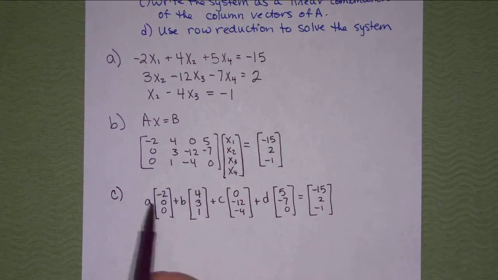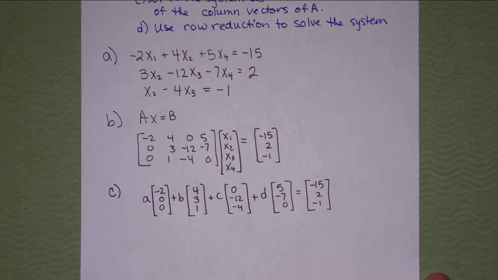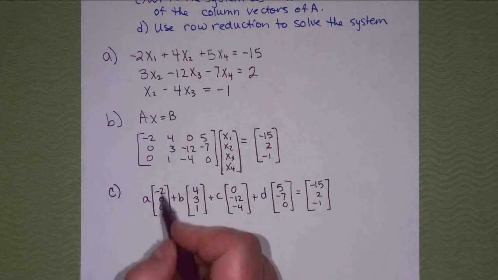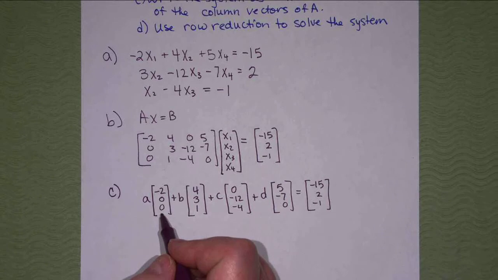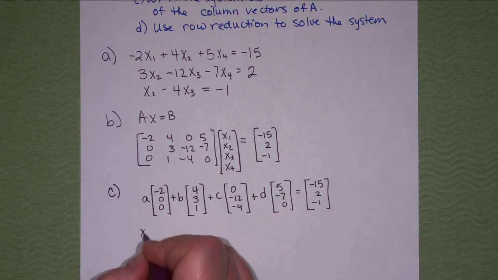Now my question is, are A, B, C, D just x1, x2, x3, x4? Are these the x1 terms? Are these the x2 terms? Yes. So the linear combination would be